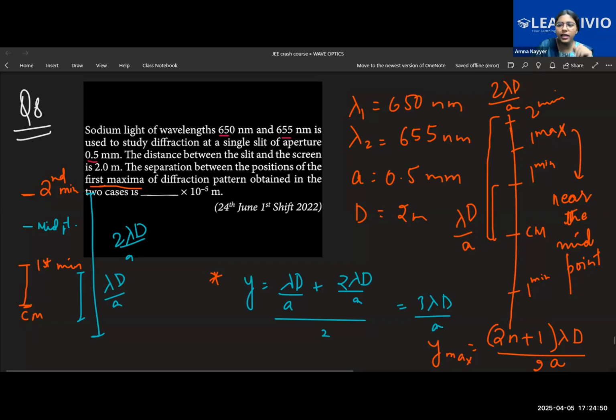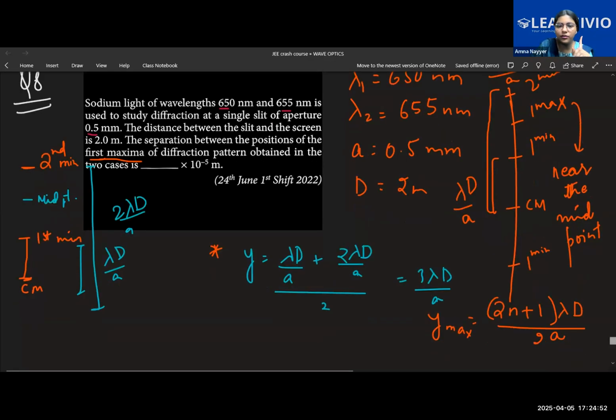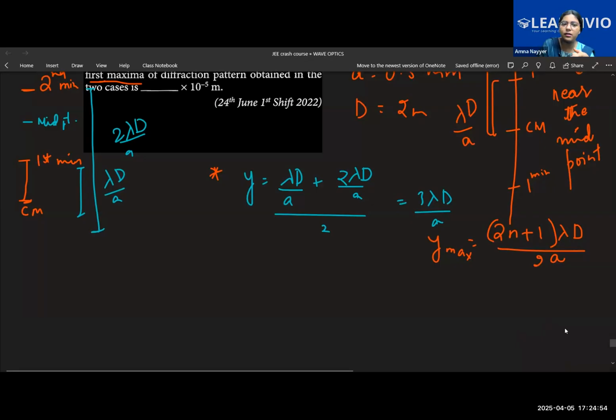So if you have no information about the slits, which you are going to calculate, you start from the basic, from the central maxima, calculate the first minima, then the second minima. If you want something in between, you calculate the average. Again, if something is missing, you go ahead and calculate the average. Use this method in such kinds of questions; otherwise, in such questions, just directly go by the formula.